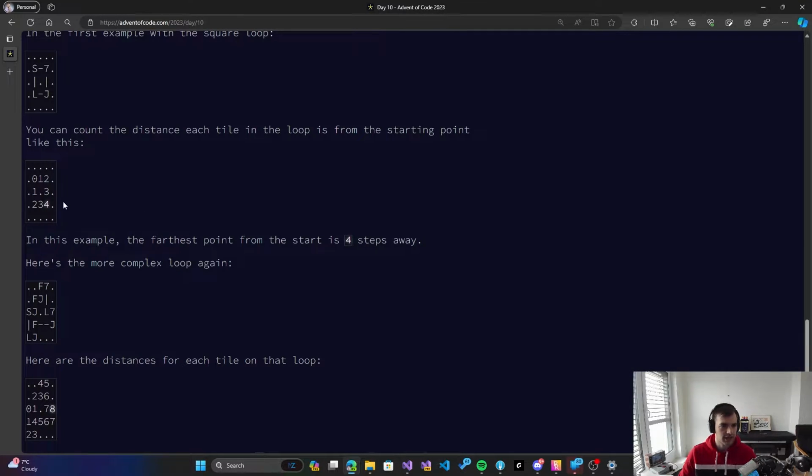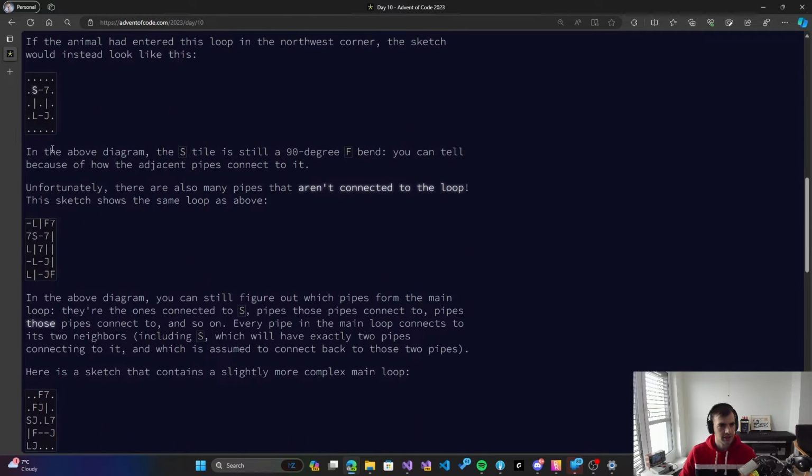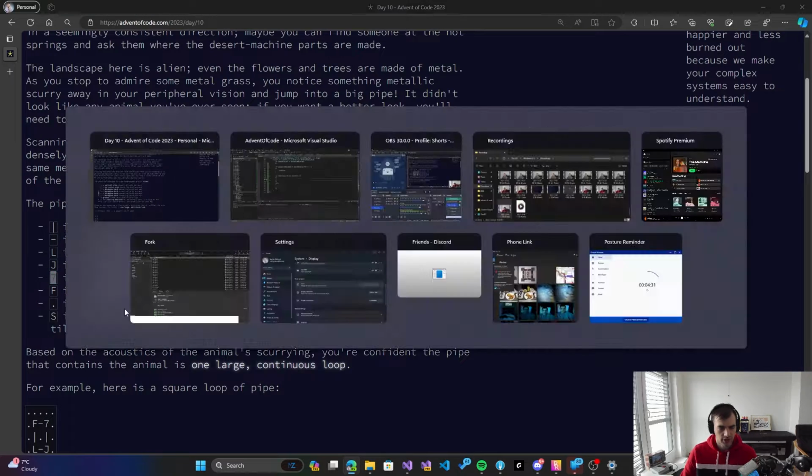So if you're going to the right, then it can be either 2 horizontal pipes, or rather, the next one must be, if you're going to the right, then it must be either 7